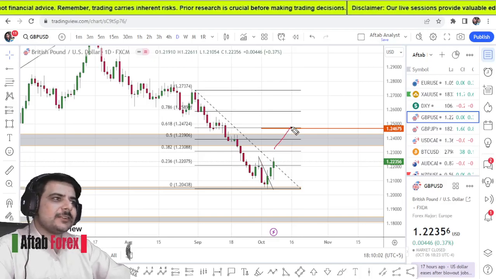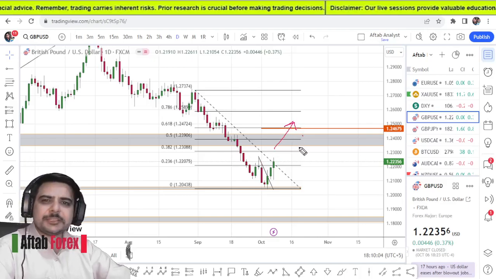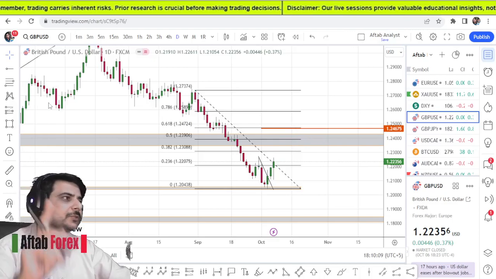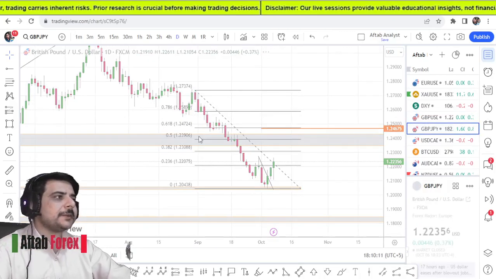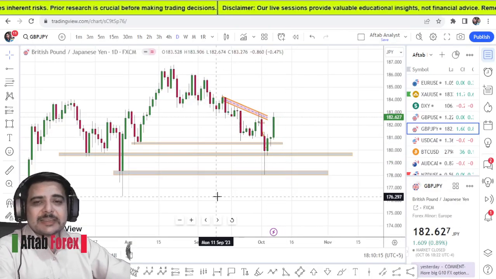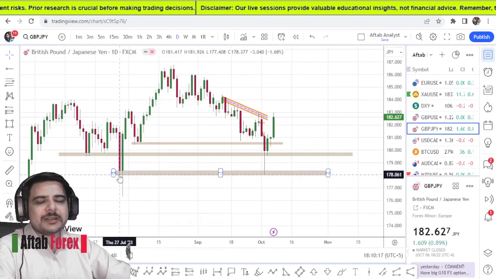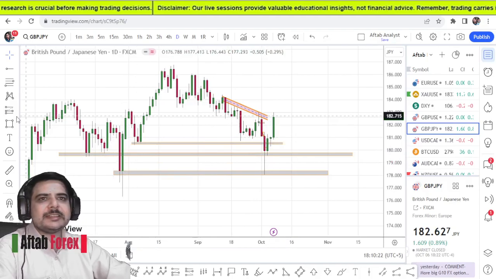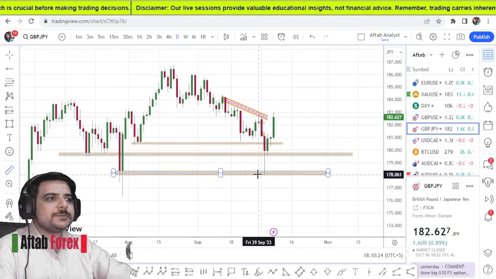So it's going up on the daily, and the H4 obviously I will be discussing that in the day trading videos, so make sure to not miss that. Pound yen, similarly what I said last week. This level I have marked, and just have a look at it. Market came back down, took a retest, and gave us how much profit?